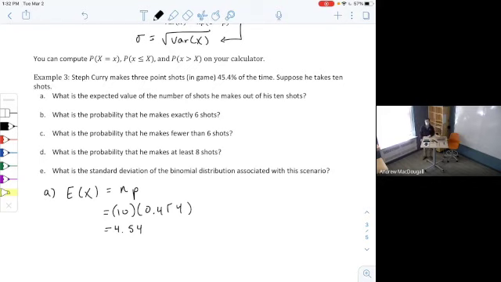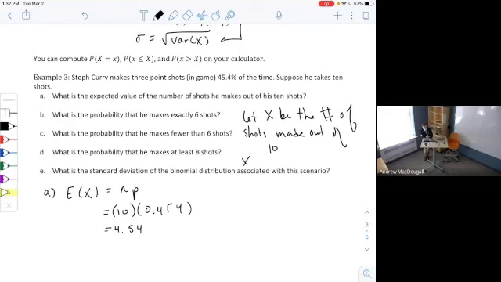Okay. Then in part B, first of all, I should define what X is. I'm going to say let X be the number of shots made out of 10. And I'm going to show you guys as well, you do have to recognize this notation. If I write this,